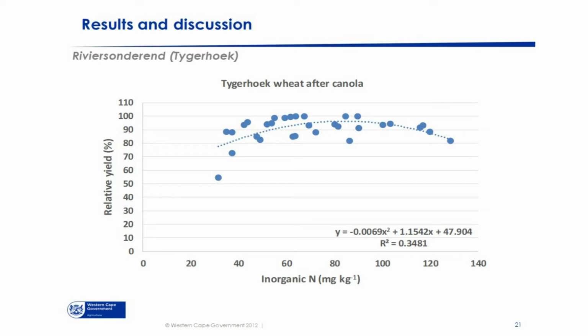So the aim of the study initially was to try to get a soil instrument to be able to assist with developing the nitrogen norms. So I've got the relative yield again there. We took soil samples after top dressing to a depth of 300 millimeters, and this was the inorganic nitrogen content, that is the ammonium plus the nitrate. And you can see at 90%, the nitrogen content of the soil is about between 40 and 60.